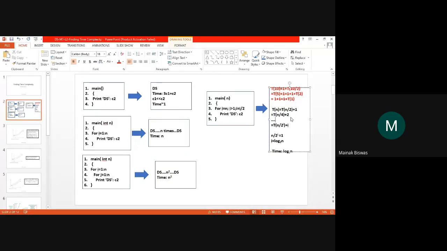If this procedure continues, N by 8, N by 16, it is a power of 2. So at some point it will become N by 2 to the power I. This N by 2 to the power I is exactly this T1. At this point the program stops. So the stopping point is N by 2 to the power I equal to 1. If you take that, then I equals log base 2 of N. So how much is it, for example, if you take log base 2 of 10?